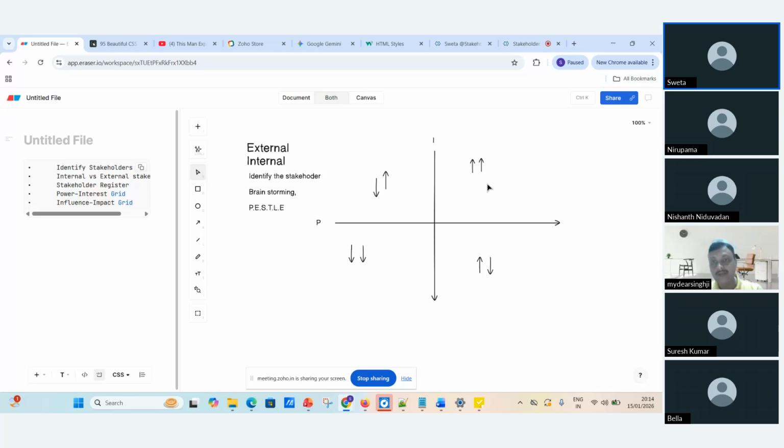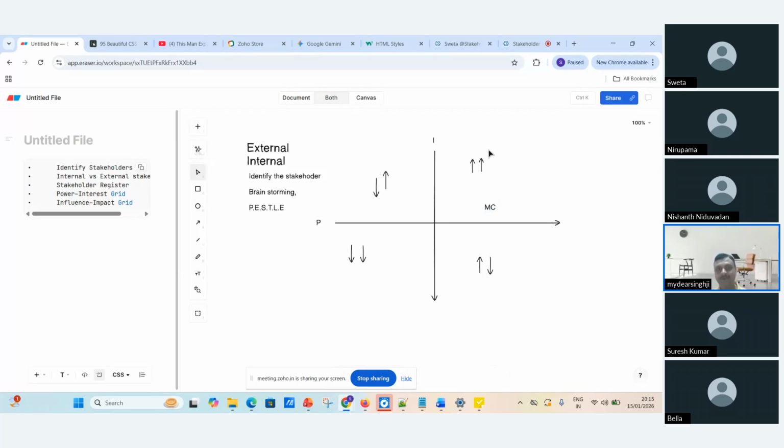The high power and high interest: whoever has high power can change anything, and whoever has high interest is the one giving the work, giving the project. Like the client, he has high power and high interest. What can we do for him? We manage closely.